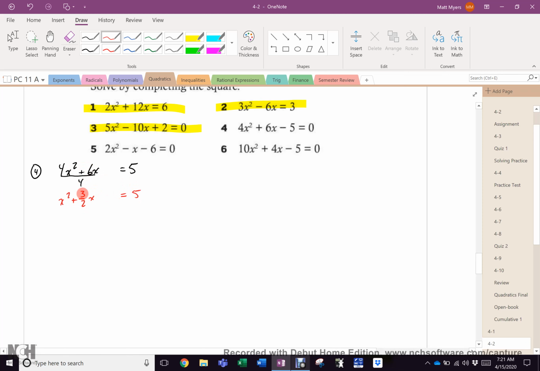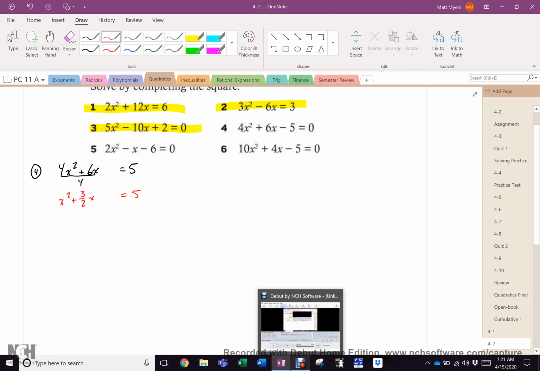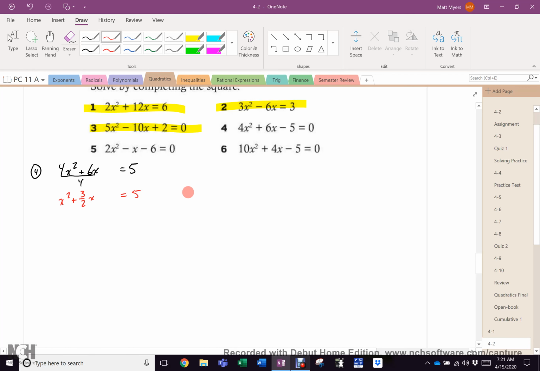So now I've got the complete the square situation here, yes? So I'll pause a moment, check. All right, now I've factored here. And I said I didn't have to factor here because I'm only factoring this side. But, of course, I do. So now, what's half of 3 halves? Well, I'm going to slide over here real quick. 3 halves divided by 2 is the same as 3 halves times a half, right? So that is 3/4. So this divided, I'll change color because I was using red, divided by 2 and squared